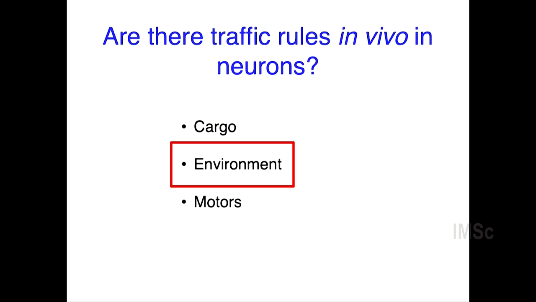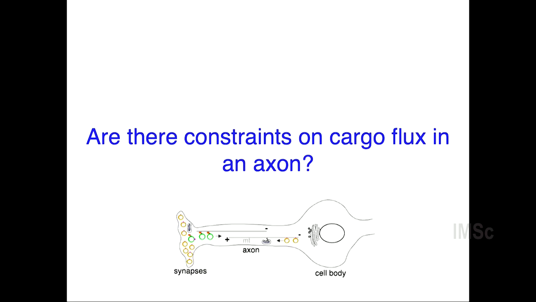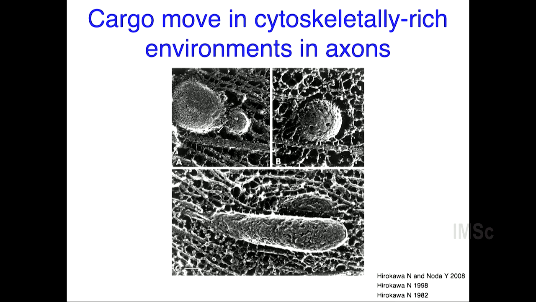All right, so we'll come to the heart of my talk. We'll start looking at the environment. You've done the first job of making your cargo and coating it with the right kind of motor. What about the environment? The other way to ask the question is, are there constraints on cargo flux in an axon? And the answer is absolutely, you have to consider it, because even the extremely old EM pictures,